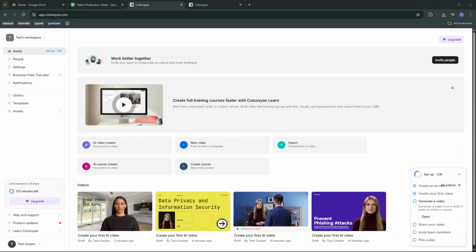In today's video, I'm going to teach you how to convert PPT to video in Colossyan. By the end, you'll know exactly how to bring an existing PowerPoint presentation into Colossyan and let the platform turn it into a video with just a couple of clicks. This is perfect when you already have slides ready and you want a fast, professional-looking video without rebuilding everything from